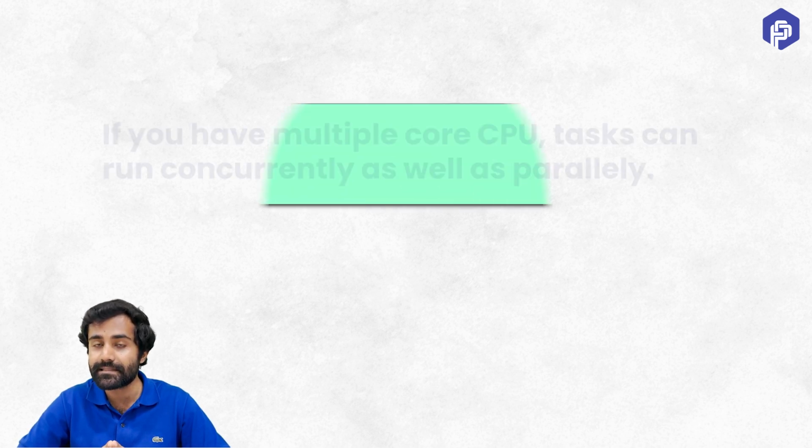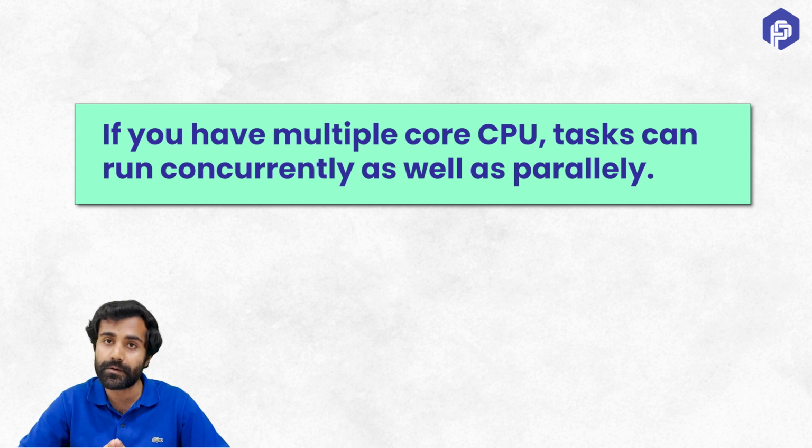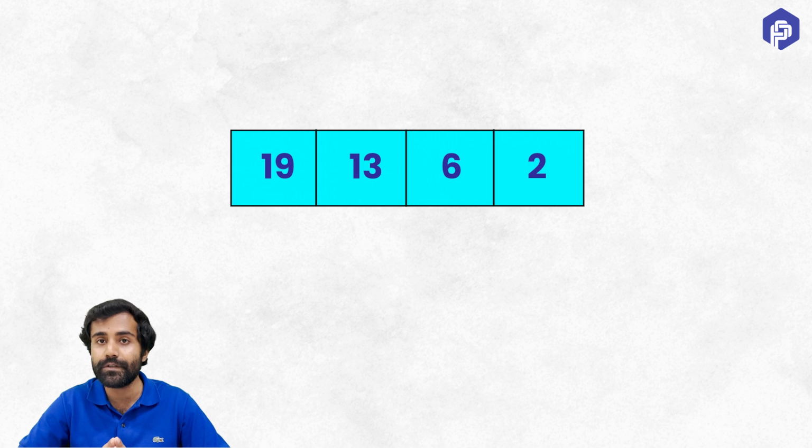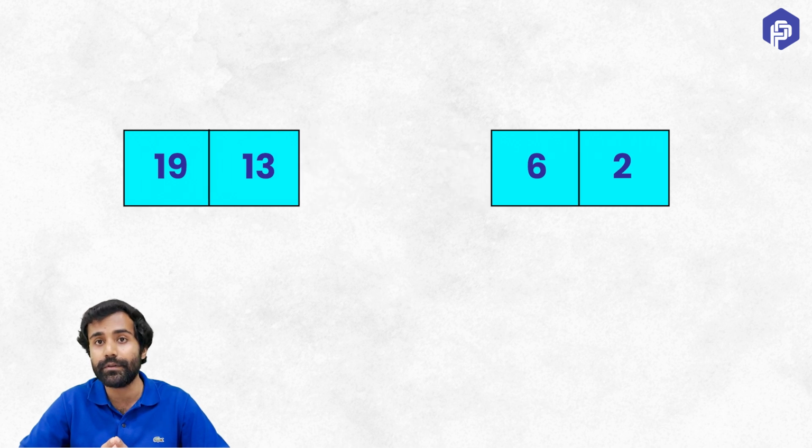The final benefit of concurrency is when you have a hardware which has multiple cores, which has multiple processors or CPUs, whatever you want to say. Because if you have multiple cores, you have multiple CPUs, that means that tasks can't just happen concurrently, but also parallelly. So imagine a scenario where you have an array and you want to sort this array. Now you realize that you want to do it by breaking the array into 2 parts, pretty much like how merge sort does. So let's say you broke this array into 2 parts of size n by 2, n by 2, and now you want to sort both of them, and then you want to merge their results.